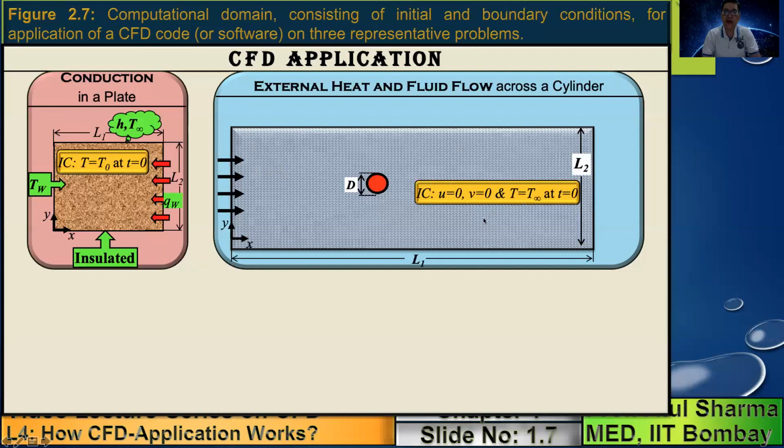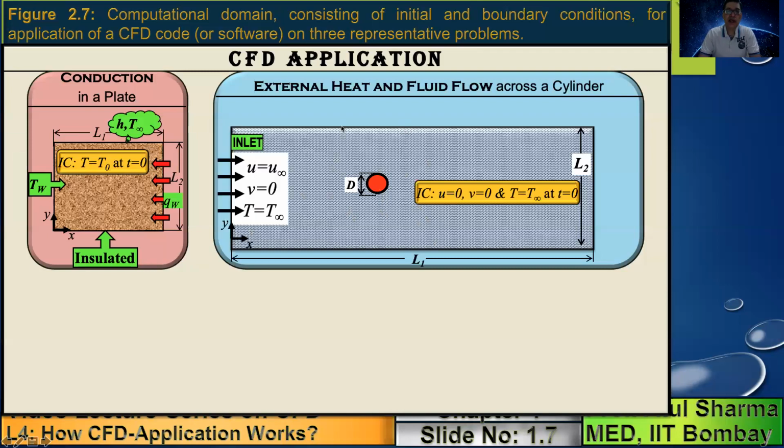This is the rectangular boundary, which is an external boundary of the flow region. This is the solid circular cylinder. Here I am showing you a two-dimensional view. We are considering a two-dimensional flow across a circular cylinder. And the flow region in this case corresponds to the region outside this circular region and within this rectangular region.